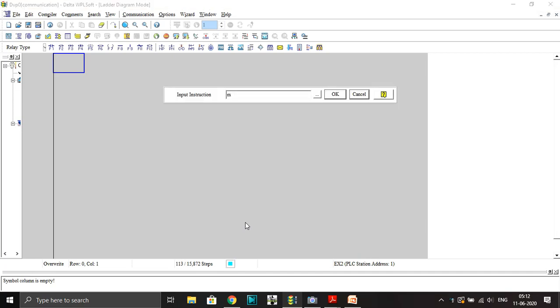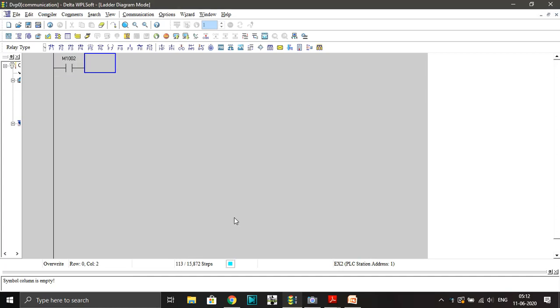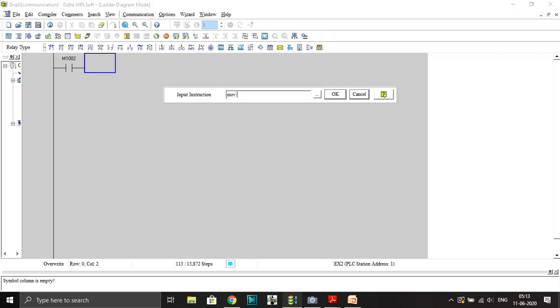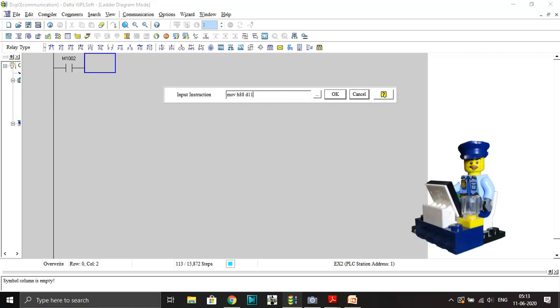That is the memory bit, load M1002. If you put your mouse there, it will say run inactive. Next we have to move that hexa code H88 into the D register 1120. So move H88 into register D1120.